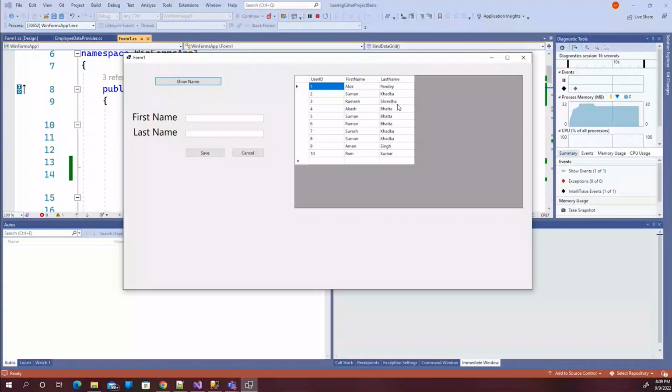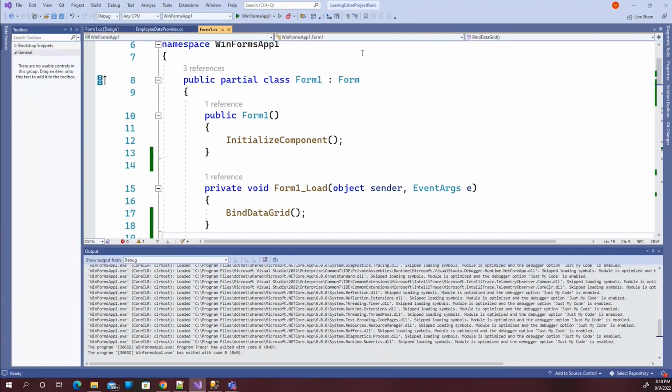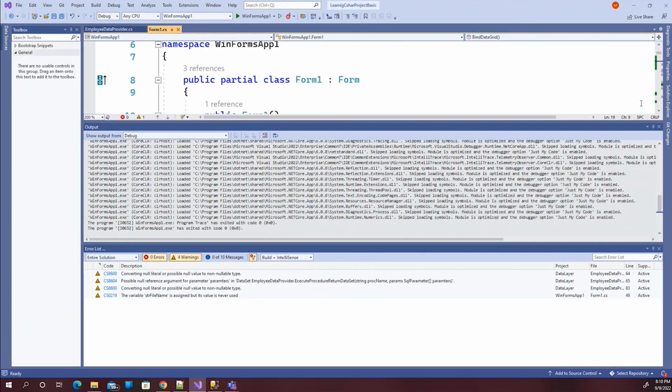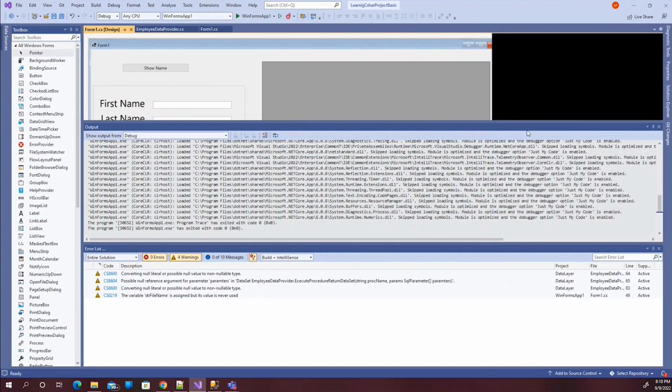Now, if I have to load one row within this form, how can I do that? I'm planning that if someone double clicks in any of these cells, that row's data will be loaded over here. So how do we do that? Let's try it. We will go to our form designer, and we'll create an event for that. So this is our form,